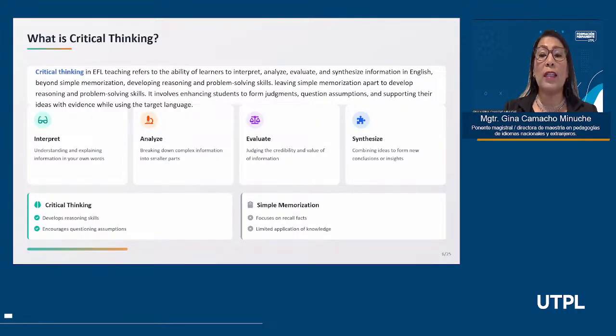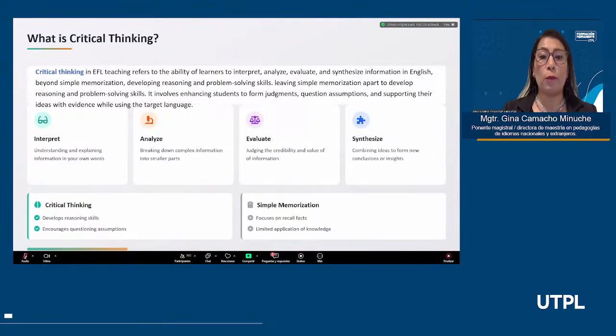You know that nowadays there is a lot of misinformation, and students have to recognize what is real from what is fake news. So we as teachers have to give them the necessary tools to be able to distinguish true and false information.